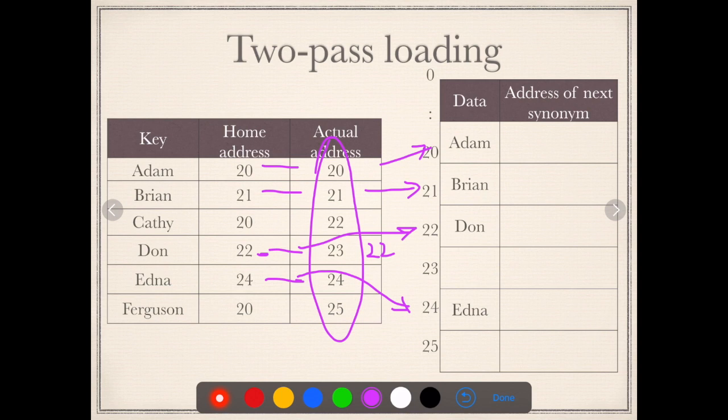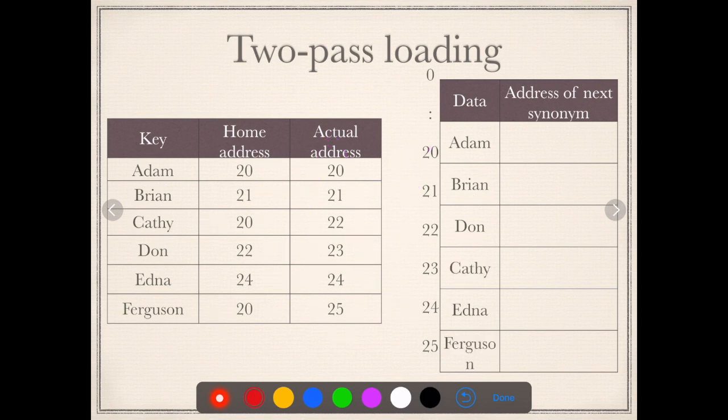Now once it is done, synonyms are going to be stored. So synonyms here are 20. These are the only addresses which are duplicates. Now we are going to store the data which are synonyms. So Kathy should be stored at the address 20, which is occupied. 21 is checked, again occupied. 22 is checked. So now we will store it in address 23. Same way we are going to store the next one, Ferguson.